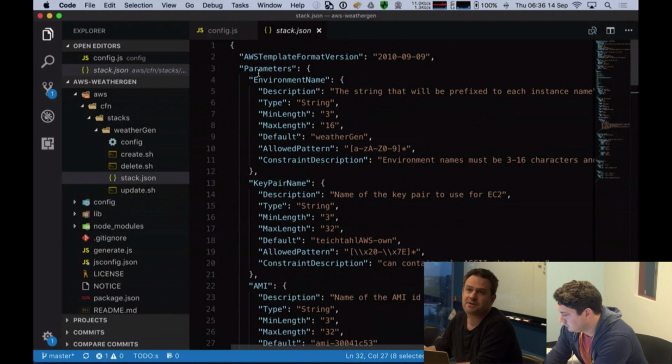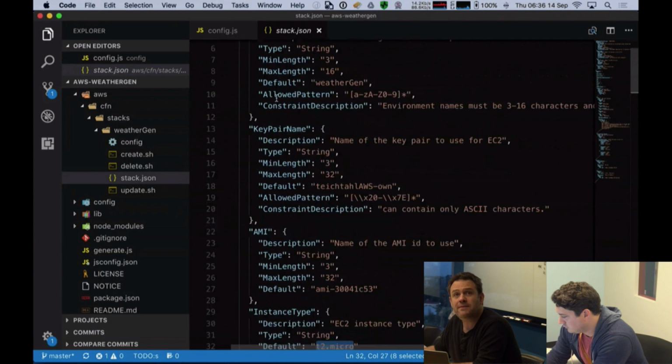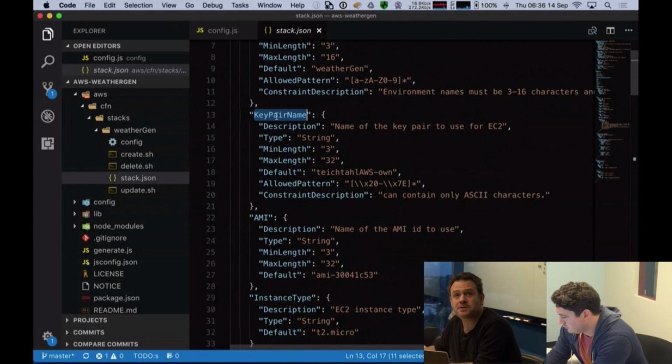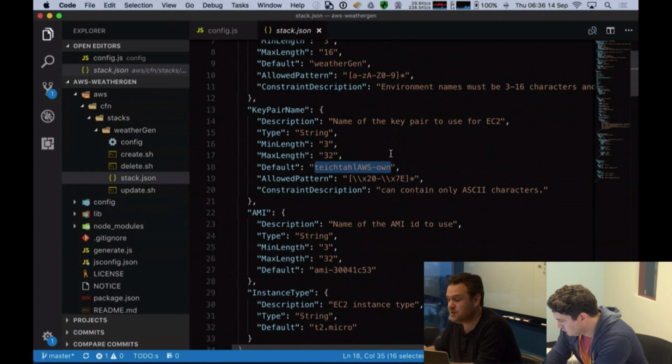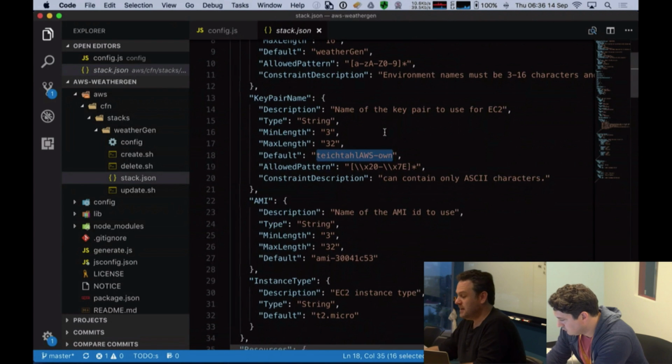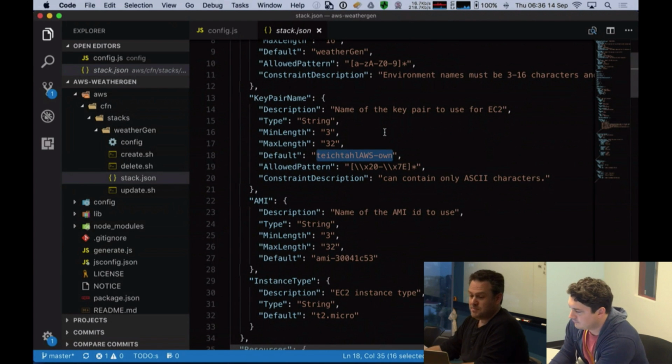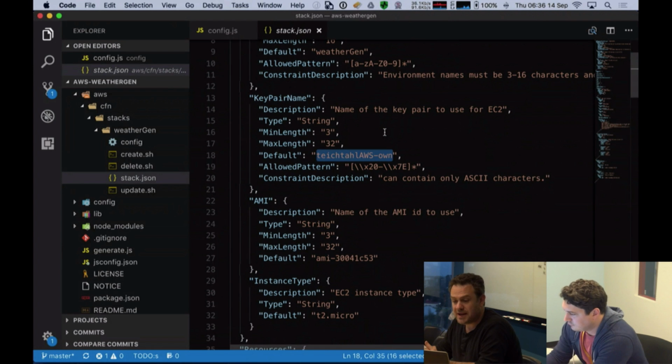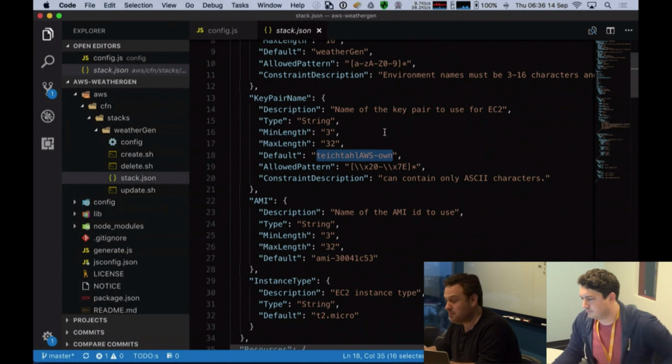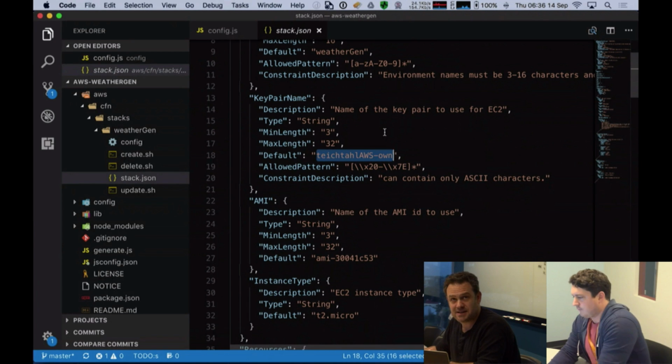And these parameters you could really view as variables that get defined. One of them is the key pair name. Now, of course, I'm deploying this, so I'm defining a default key pair name, which is my surname, AWS-own, which is one that I use. You may need to create your own key if you don't have one, and you probably want to modify this because you don't have access to my key.